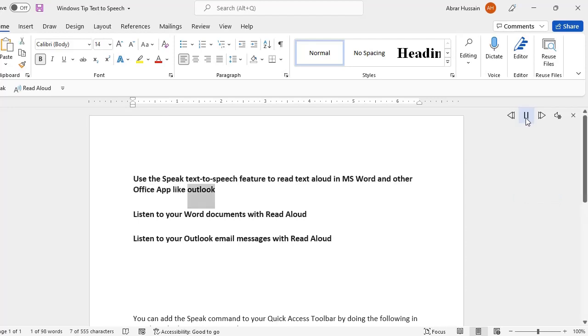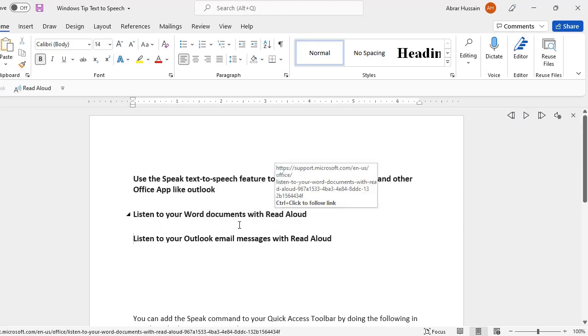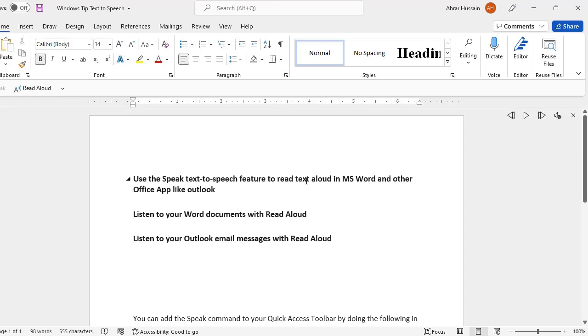Office app like Outlook. Listen to your Word document read aloud. Listen. So in this way, for example, if you are lying on your bed and you just want the MS